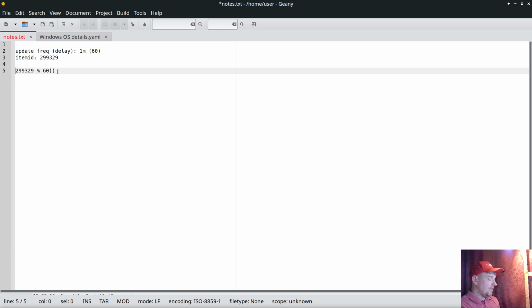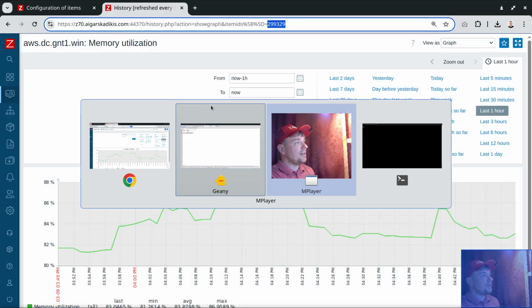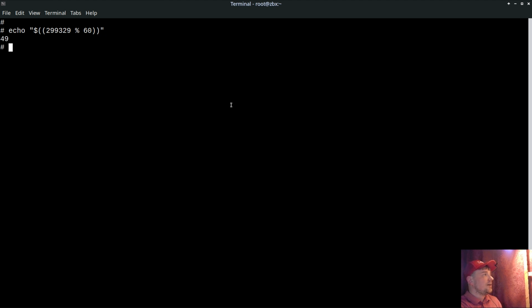When we do a full divide, taking this big number divided by 60, what is the remainder? We can see this inside bash, like echo $, and it will support the algebra. If I put this in the terminal, then it will answer what the remainder is, and the remainder is